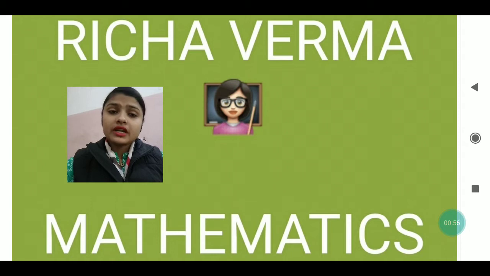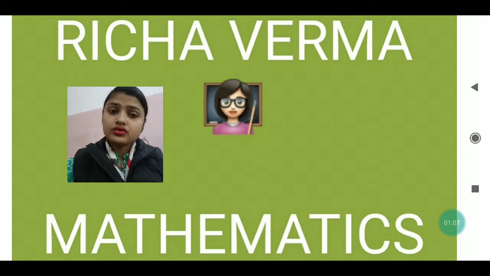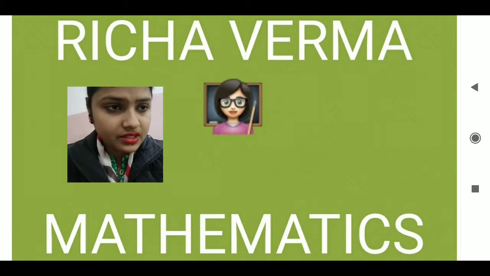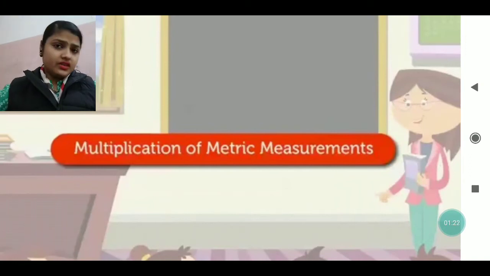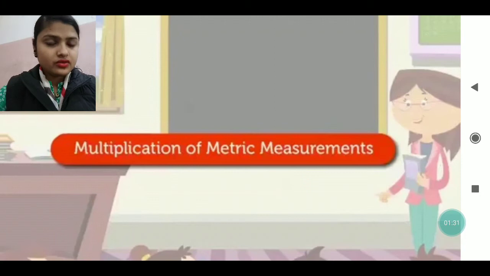measurement. How do we multiply a number when it is given in measurement, meaning it is given in kg and gram, liter, milliliter, meter, centimeter, kilometer? When it is given in this form, how do we multiply it? It is just the same as the ordinary multiplication which we used to do. When we discuss the questions, you will understand. From the right side we start multiplying the numbers, and we go to the left. In the same way here also it will be given to you.